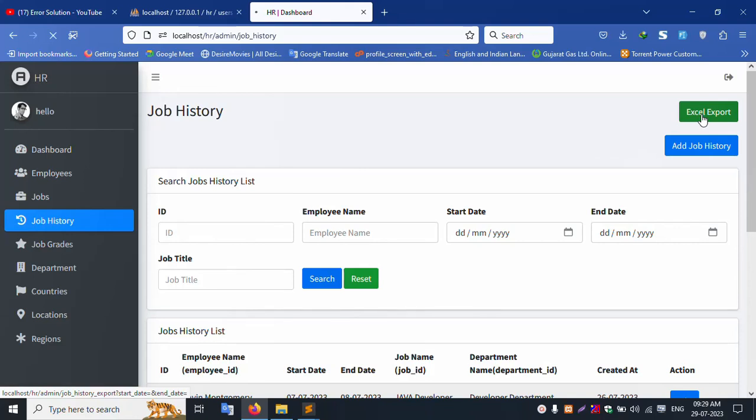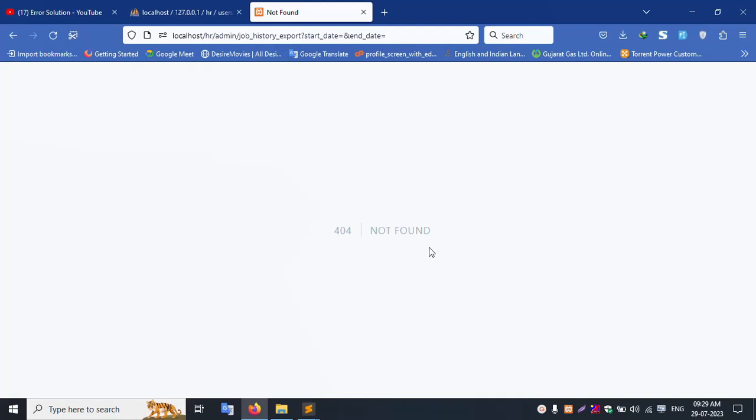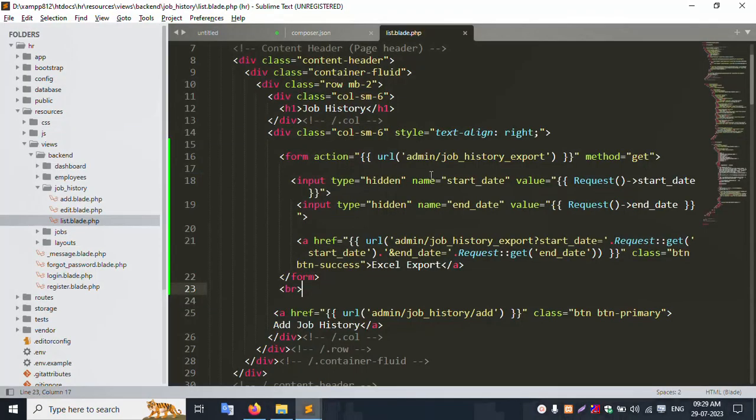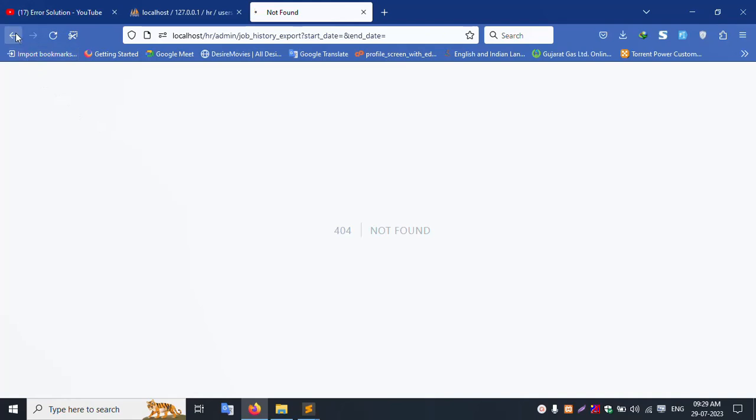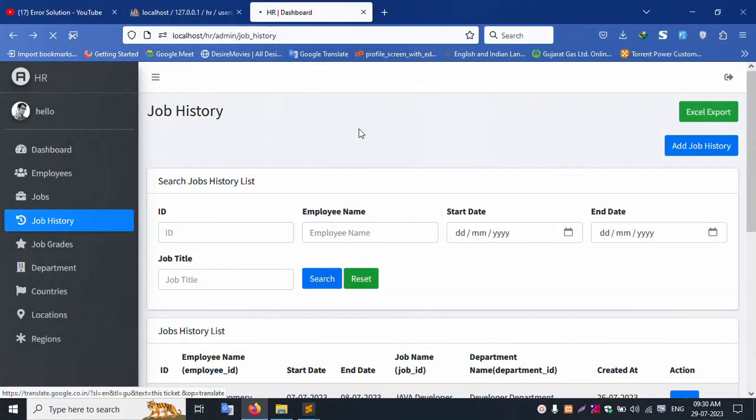Click this. Good working, this says route not found. Let's check, text add. Type this text add, save file, click this blank and refresh,